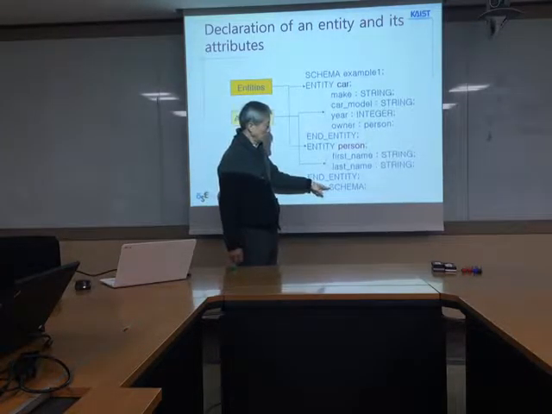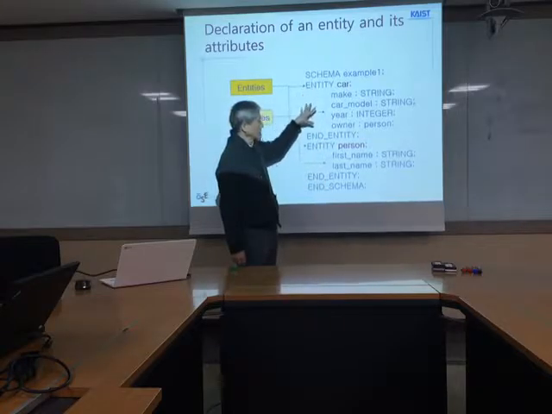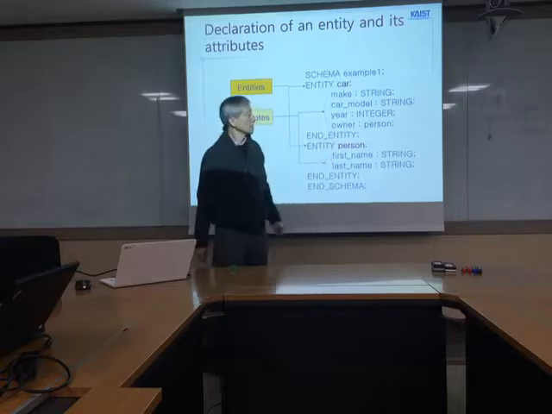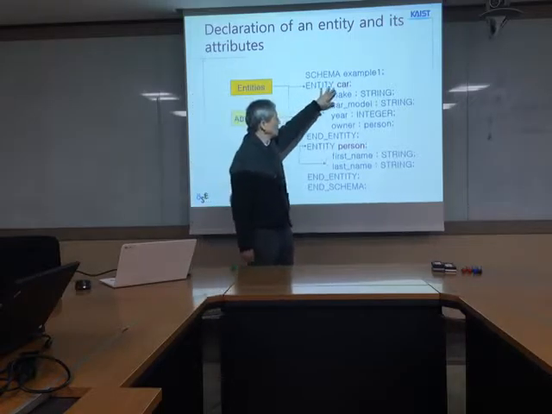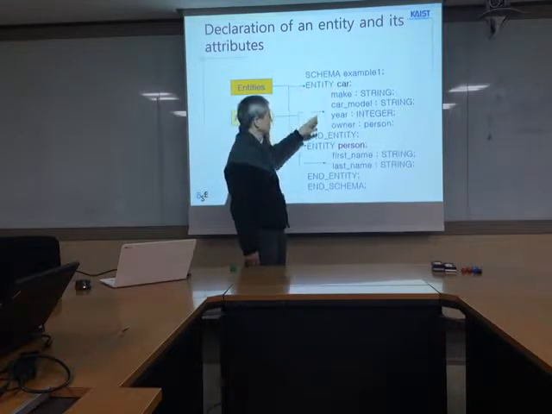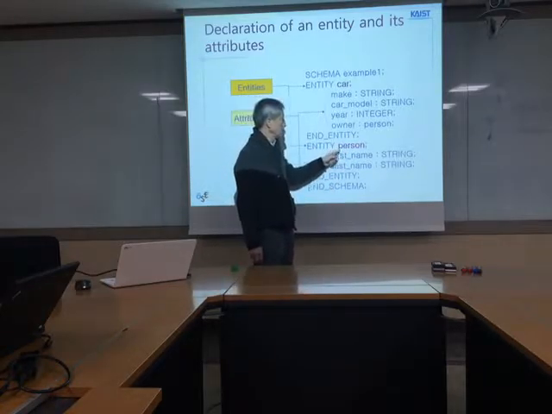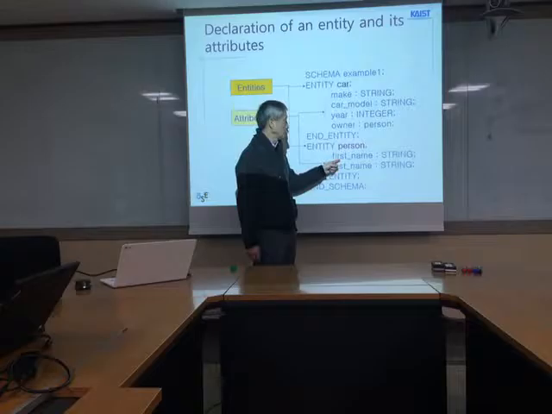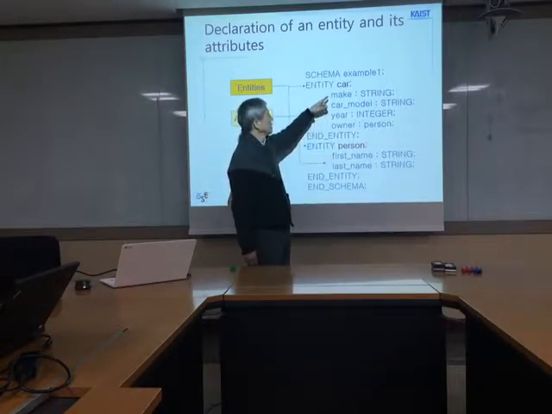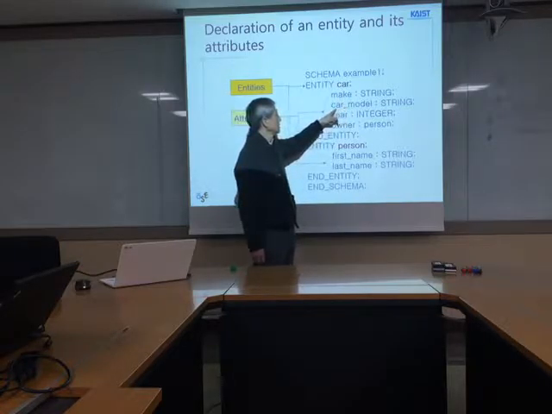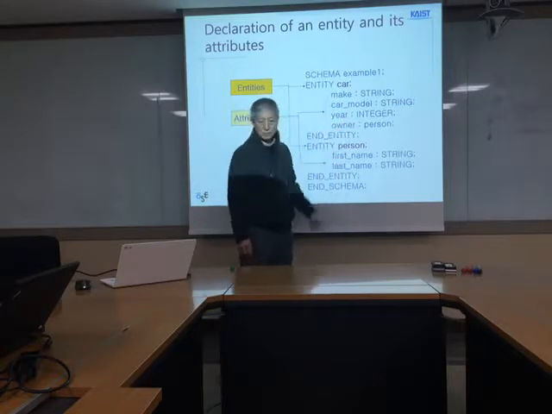So you are saying a schema is a collection of entities, a collection of classes. There is a car entity class, or there's a person entity. The person entity has properties of name, first name and last name. Car is an entity with properties of maker, car model, year, and